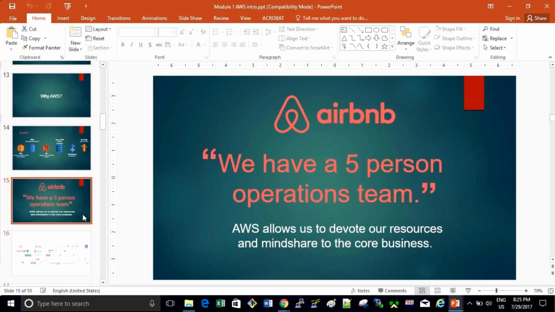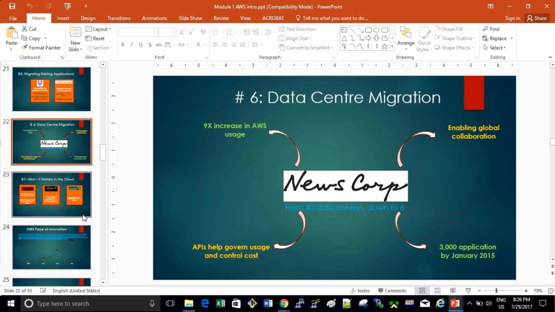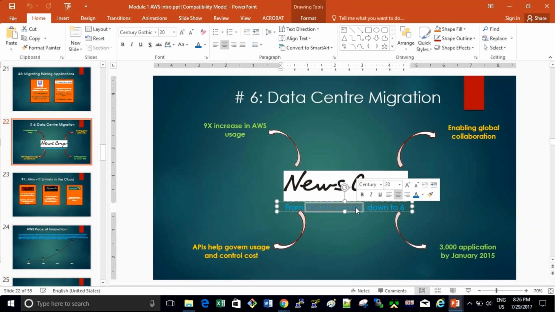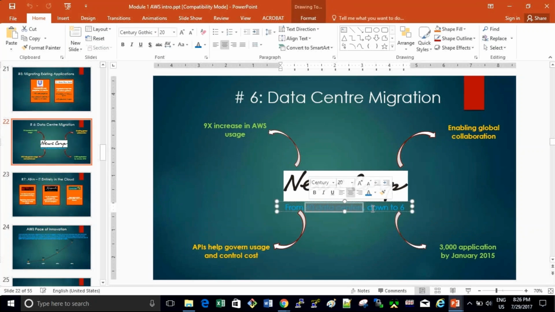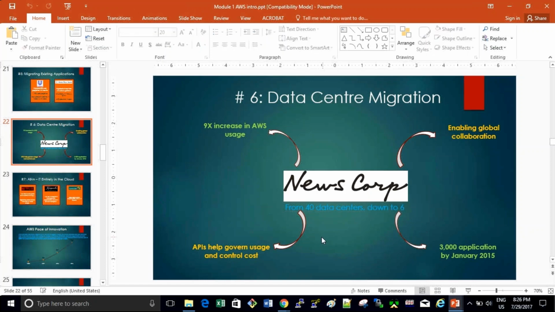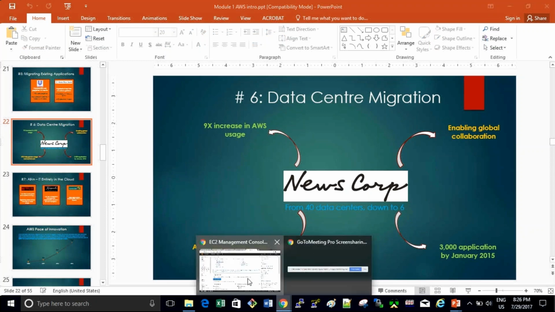If you see, all this helps so many companies. Other thing is, see here, for example, News Corp. It had 40 data centers before. Now they don't want those data centers. They came down to 6 in 2015. Now they might have gone out of data centers. They may not be using any data centers. Everything is AWS. Netflix, they don't have their own servers. Everything is AWS. So what AWS does is create servers here.